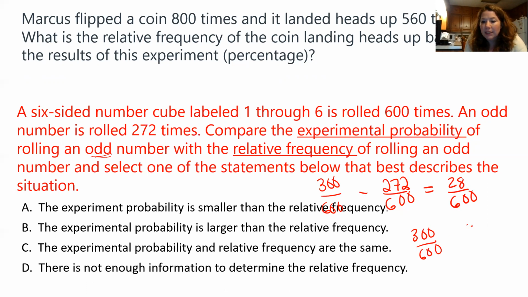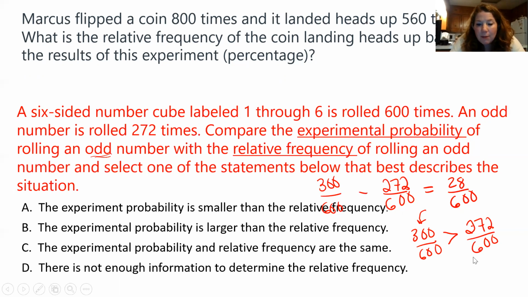The theoretical probability, which is this, is greater than the experimental probability. Okay, so let's see which one says that. The experimental probability, which is 272, is smaller than the theoretical. That's not true. The experimental probability,